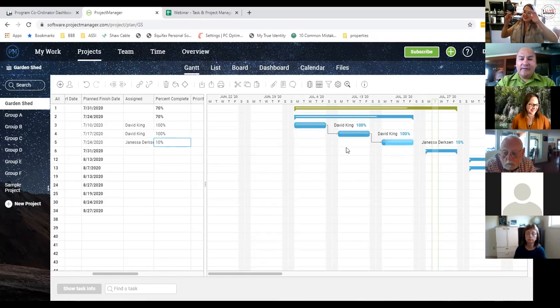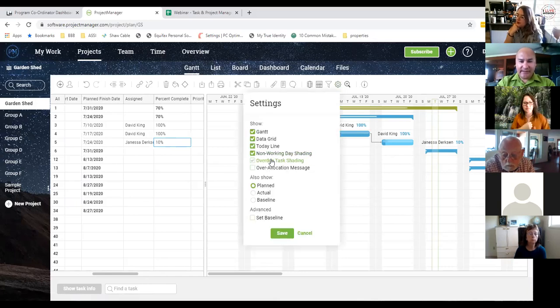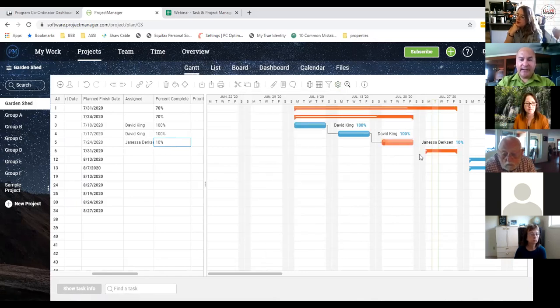So on the Gantt chart here, we've mapped out the physical deliverables, which are linked here. If I go into my settings and show overdue task allocation, I can see that these tasks were completed on time. This one, however, is on a red bar. It's late, so attention has to be paid to that one. How can we rectify this situation? Because if this isn't addressed to a certain point, we're going to reach the critical path, and that's going to push out all these other physical deliverables.